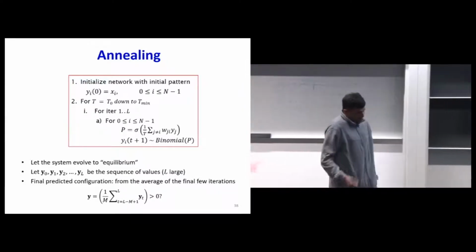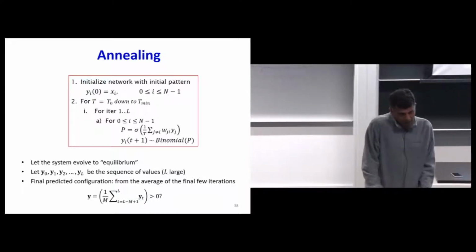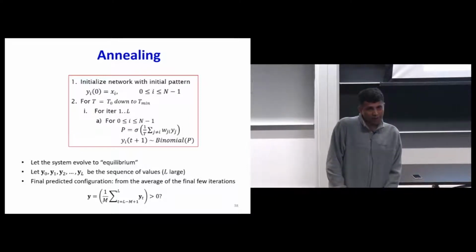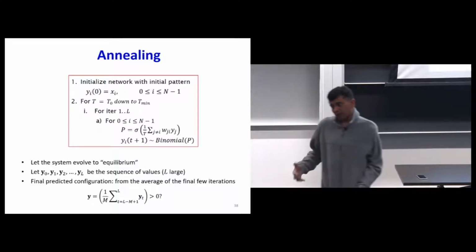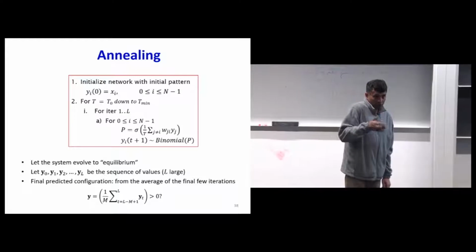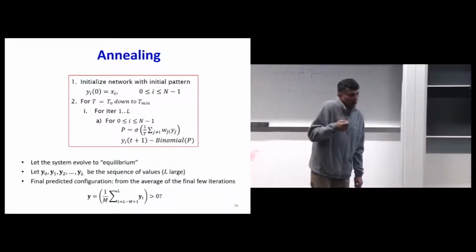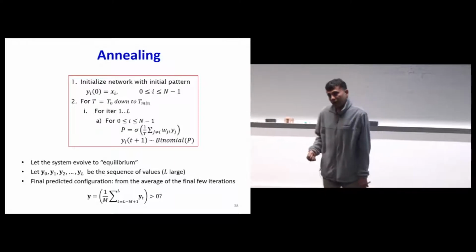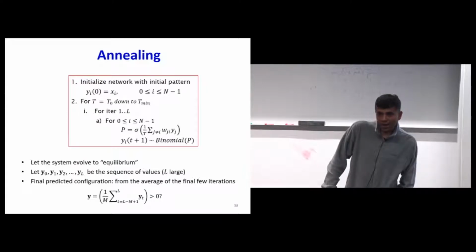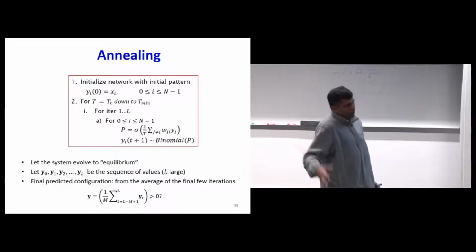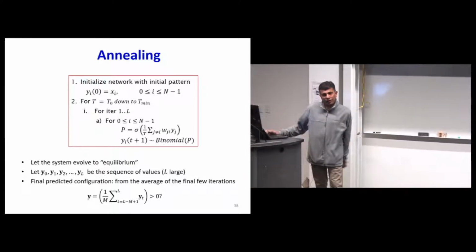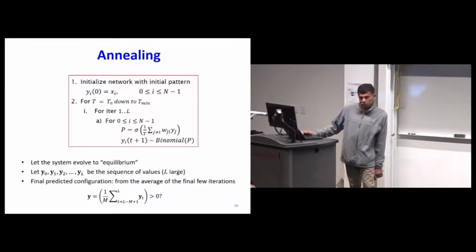This was another of Hinton's innovations, which is that instead of letting the system just evolve in a fixed manner, you start off by having a very high temperature value, so that the bits are much more likely to flip, and then slowly let the temperature come down to 1 or even go down to 0. And then when you do that, you can actually show that if the temperature goes down slowly enough, then you're guaranteed, with a probability approaching 1, of finding the lowest energy pattern for the network. So you're guaranteed to find the global minimum. In practice, you're never going to let the temperature go down very slowly, but you're nevertheless guaranteed to find